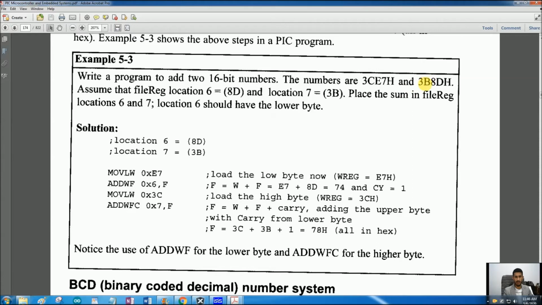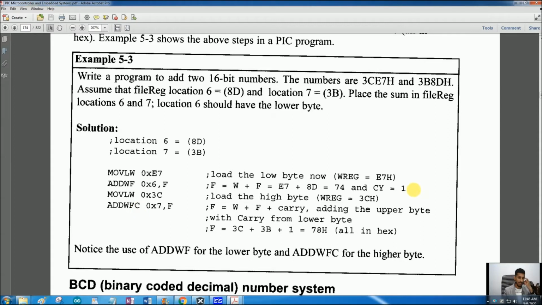The second number's upper byte is 3B and that is present at location number 7, sorry. So we are adding location 7 to the working register, but with carry. Add working register to file register with carry. This C means that we are adding it with carry.